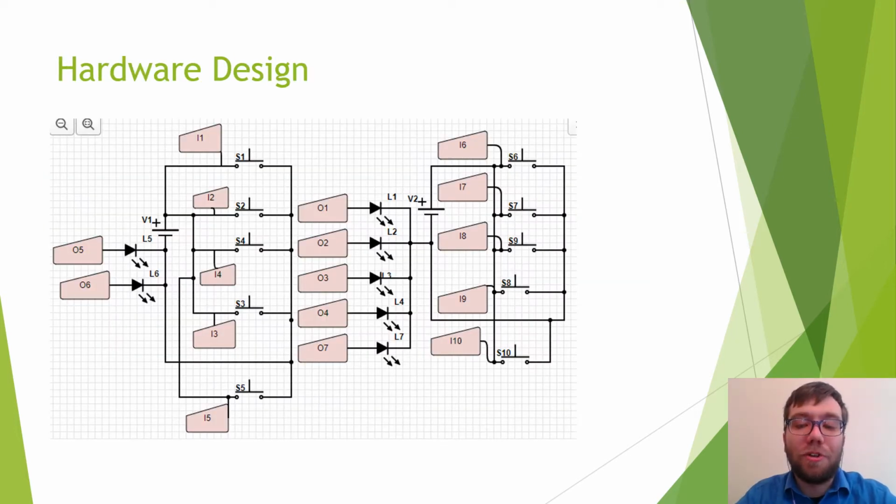This is my circuit design for the project. This side is the visitor side circuit, consisting of 4 push buttons that act as an input pattern. So the visitor will press those 4 push buttons in whatever pattern they want, and then if they press all 4, it would automatically go to the other side. But if they press like 2 or 3, they can press